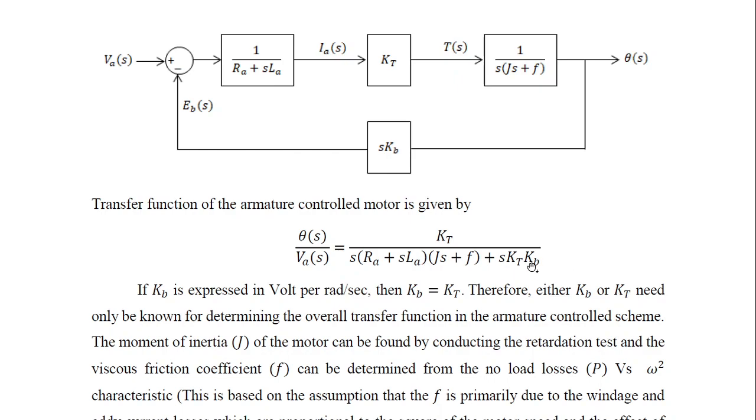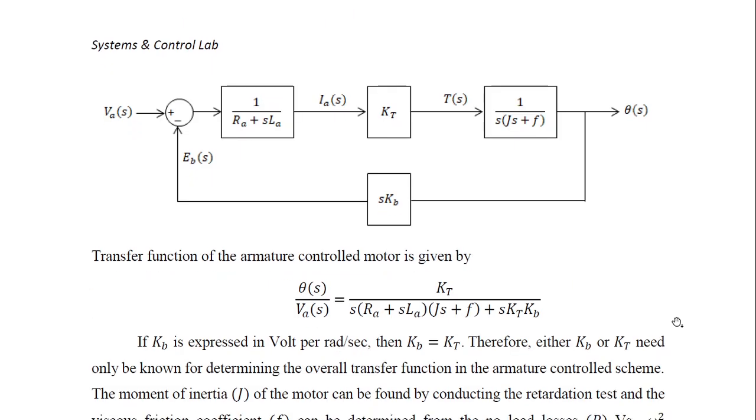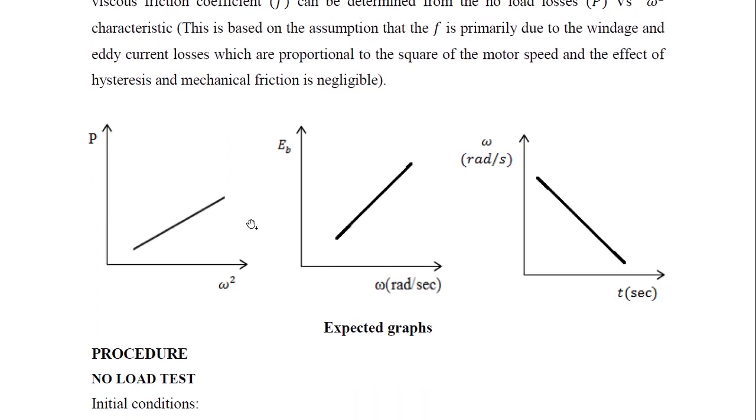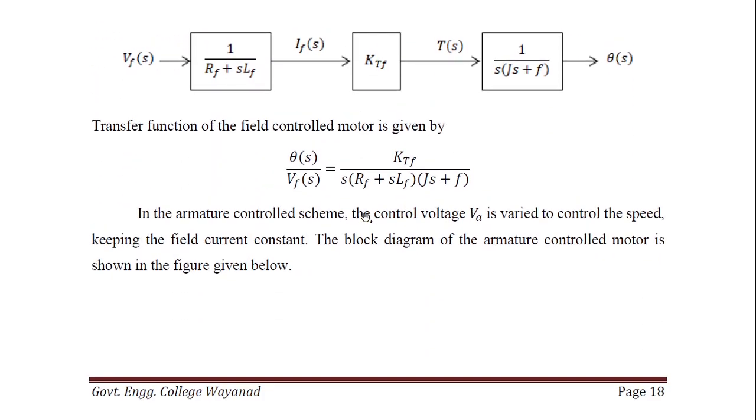So you will get Kb and Kt values from which graph? Yes, from this Eb versus omega graph. The slope of this graph gives you the value. So yes, for the armature controlled